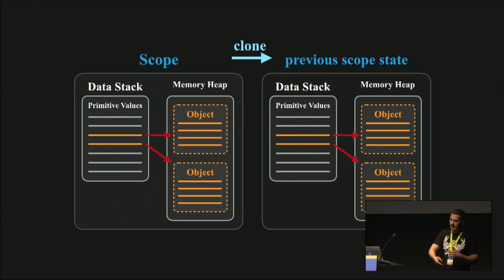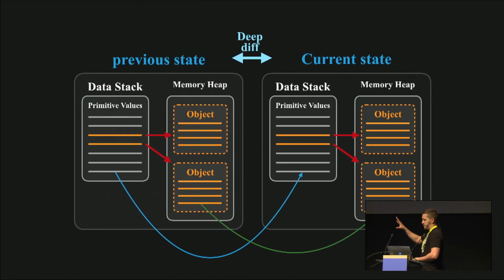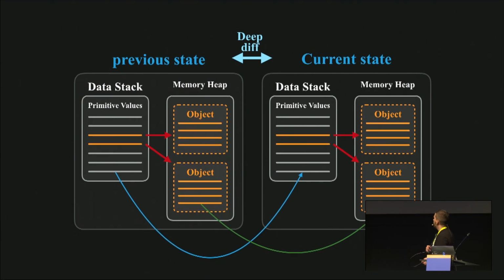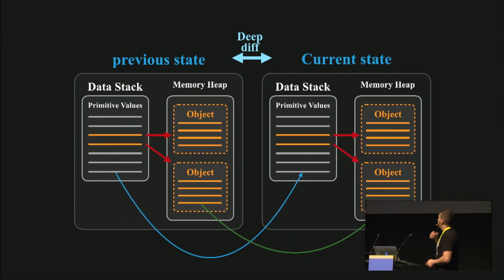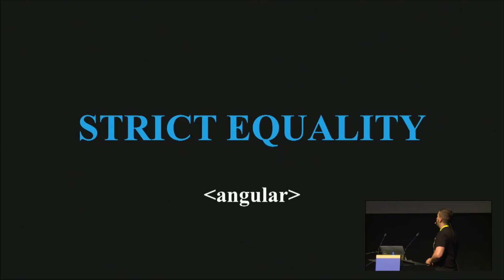So it needs to analyze again. And it again copies all your state. And then it has the previous state and your current state, and deeply compares what actually changed. Then it finds out the root where it was changed and re-renders the application, and then clones again all the state. This is why AngularJS was so slow, or not so slow, but eventually.